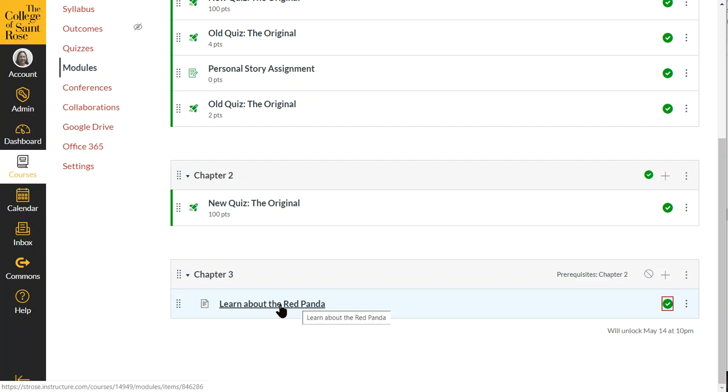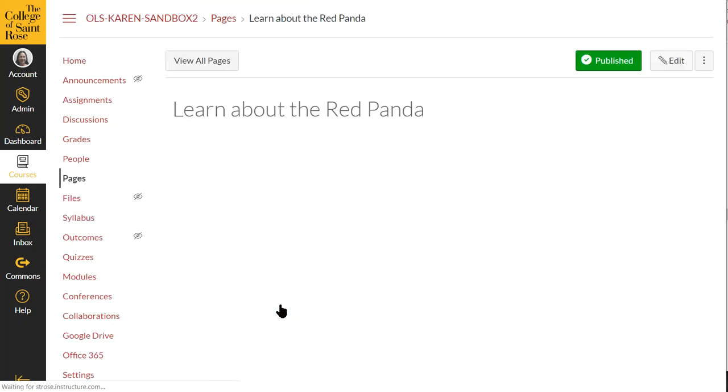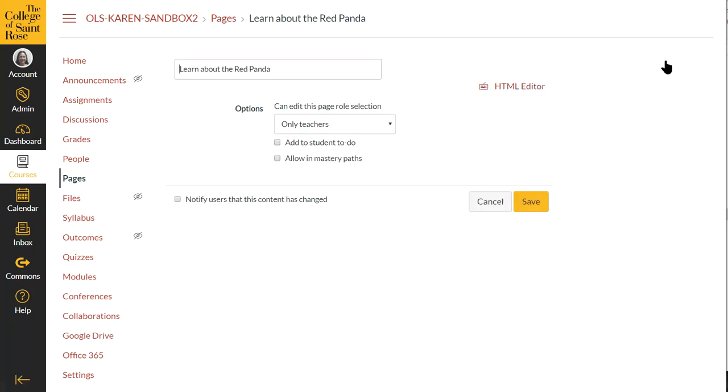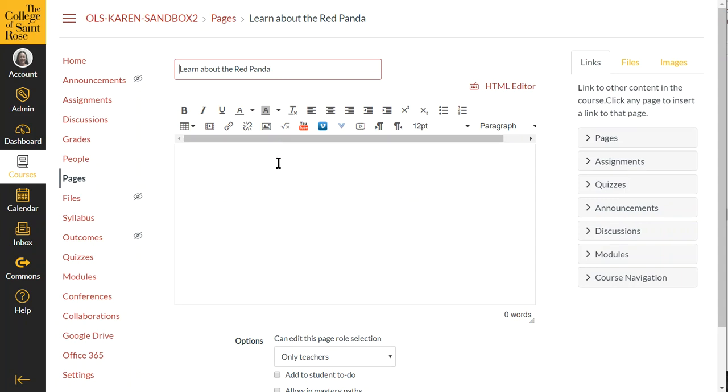I'm going to click on the title, and here I have the page, but there's nothing there. So I'm going to go to Edit, and I'm going to add content into the text box. This is called the Rich Content Editor, and there are many tools you can use in this editor. First of all, I'll write